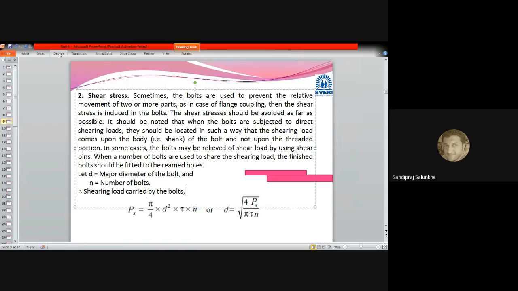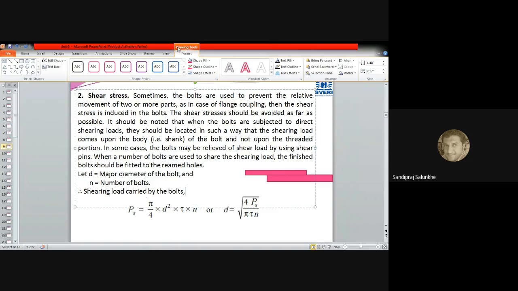Now, if these two plates are connected and if we are going to use a bolt here, a nut and bolt arrangement, in this case, suppose this is the nut and bolt